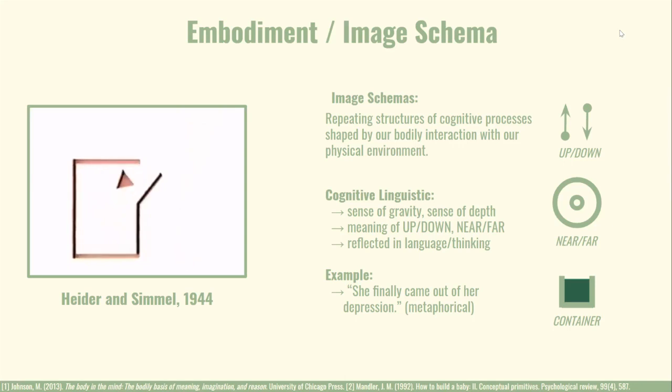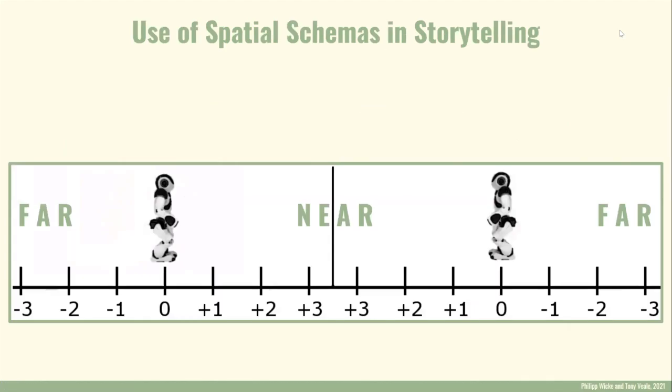So this is a very fundamental schematic way of thinking, speaking, and then also thinking, as it is claimed. And we thought that these schematics in space can also be reflected in the movement in space. So the most basic assumption that we derived for this paper was, okay, we have those two robots, those two